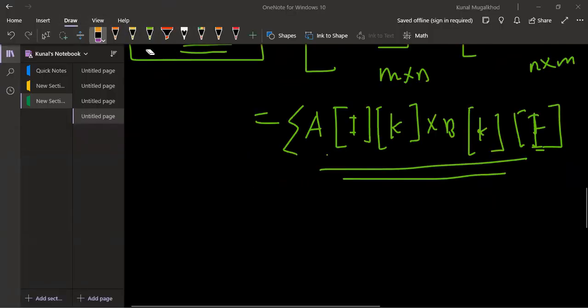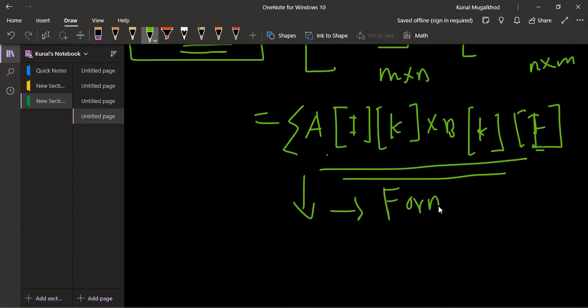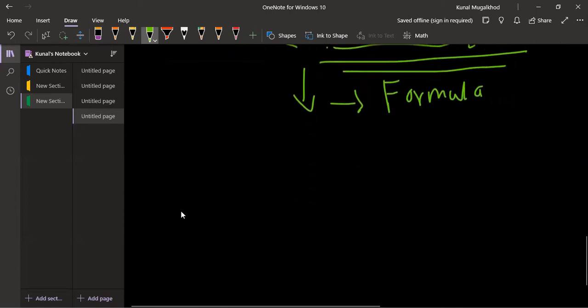Now let us see an example of how we have arrived at this particular formula. Okay, now we will see a real-time example.